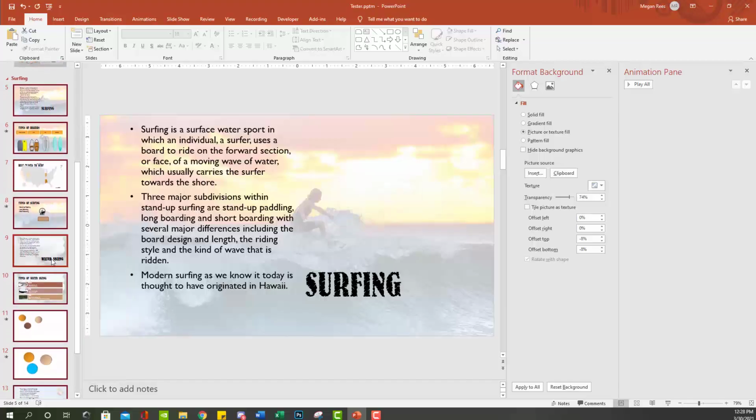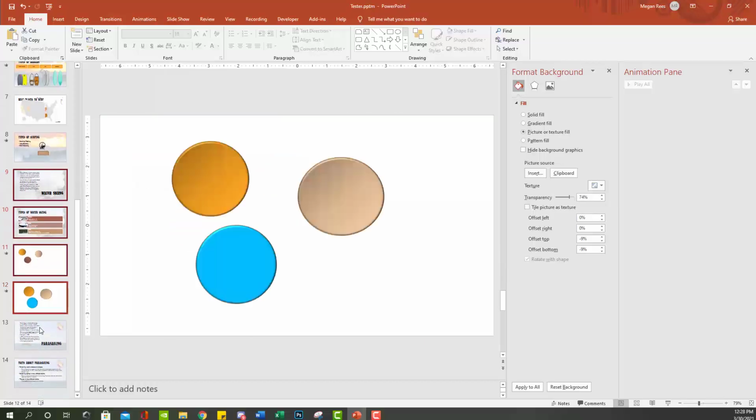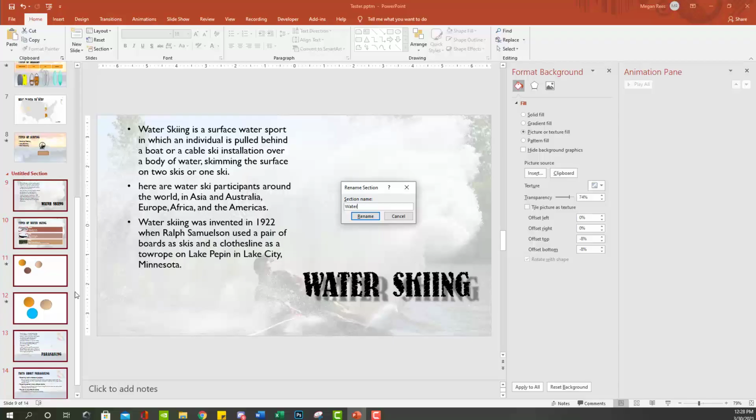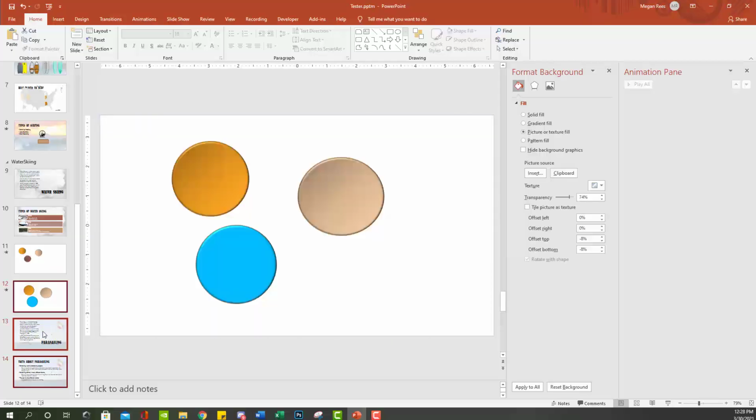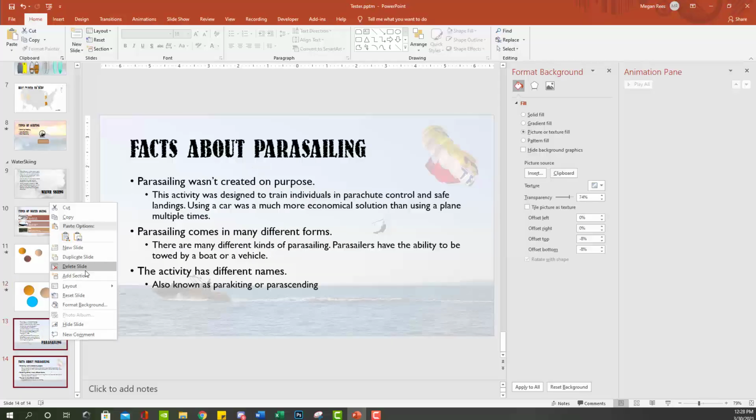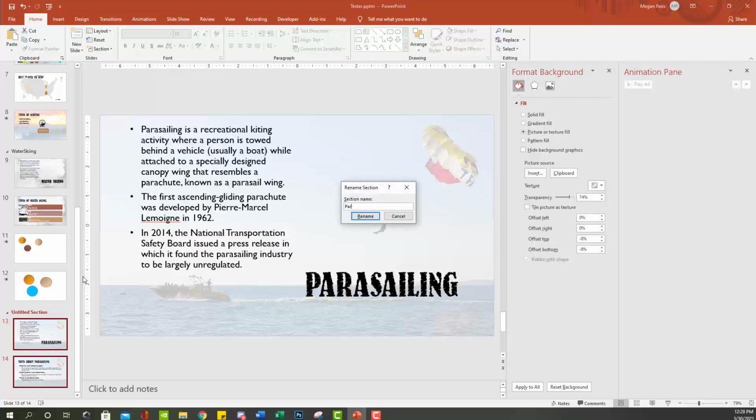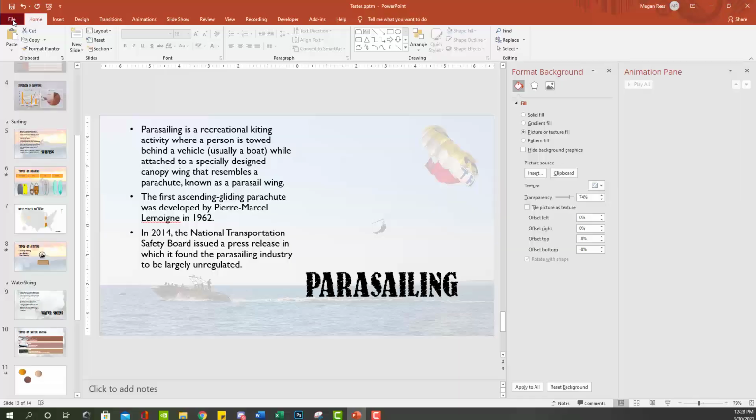And then I'm going to go to the next section, water skiing. Okay, and add section. Notice it kind of does everything underneath it. So you want to make sure you get everything there. So parasailing, I only had the 2. And parasailing. Now, once you've done that and you have it in sections, watch what happens when I go to